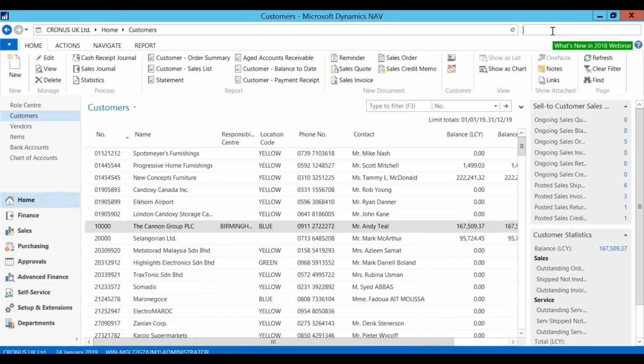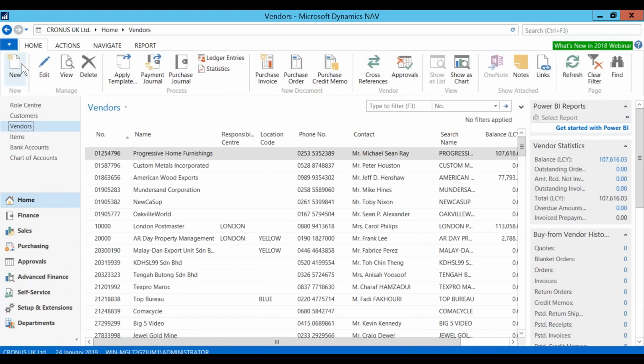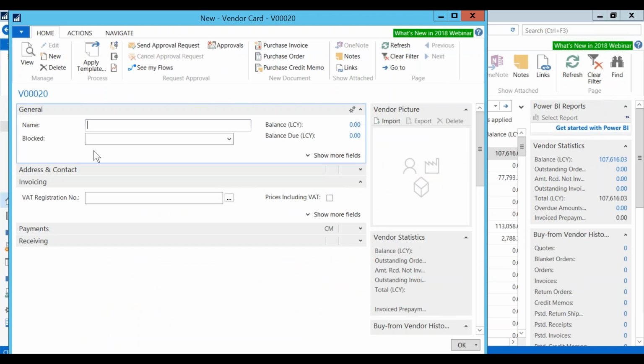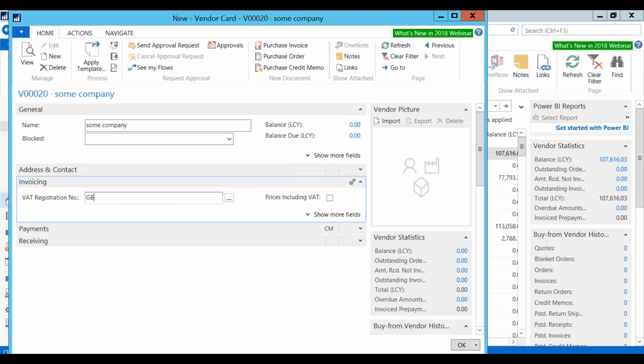Similarly, if I go to vendors and add a new vendor, and if I just say some company here, we've got here now the VAT registration number. If I type in a valid VAT registration number,